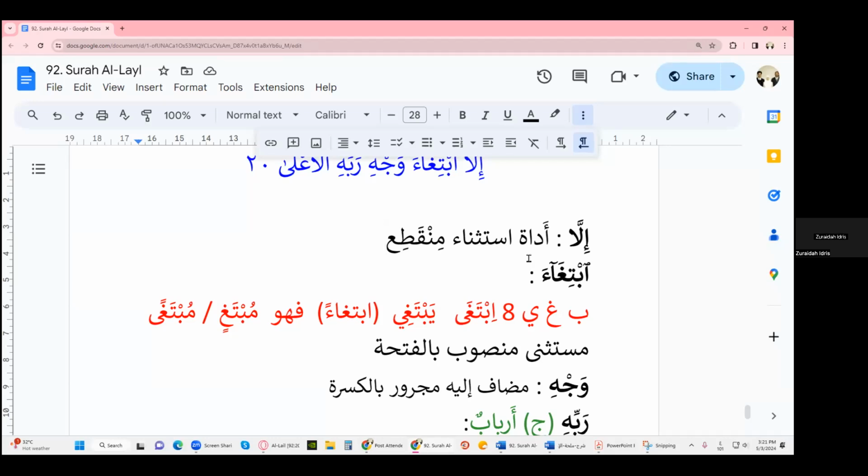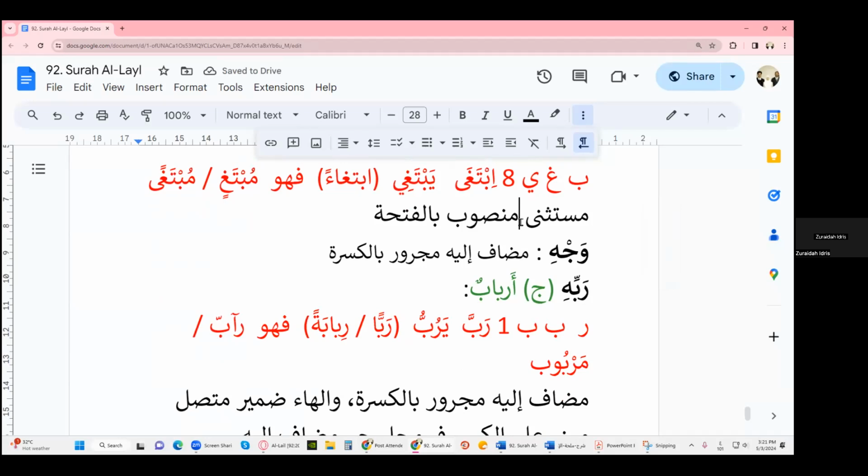This is a way of giving more information about illa. Sorry, I think there's a typo. Wait, this one should not be here. It should be here. All right. So this is the mustasna. It's not connected to the mustasna minhu. Now, the other option was,